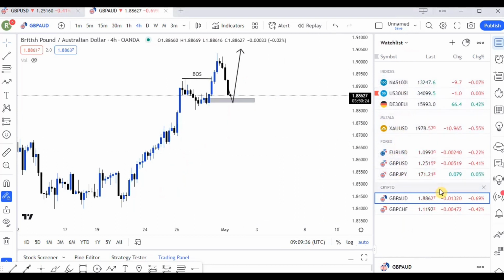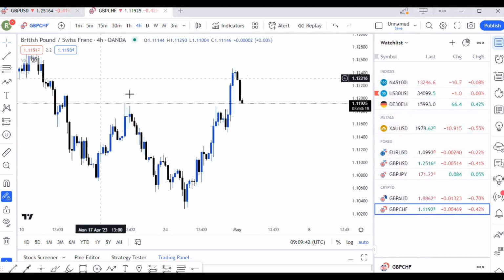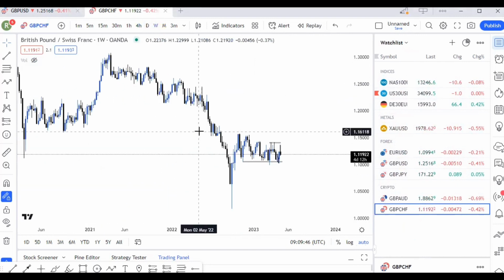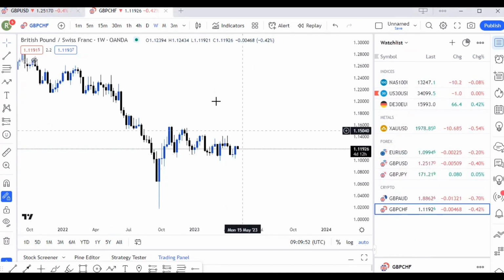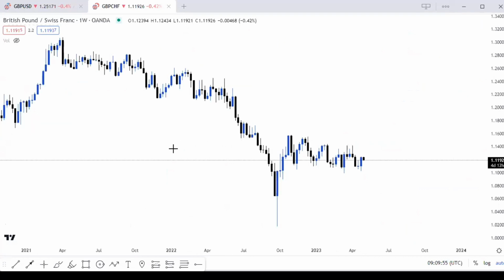First and foremost, we're going to be looking at the GBP/CHF. So let's start from the weekly time frame. I'm just going to go ahead and clear the whole thing so that we look at it all together, because it's going to help me see things clearly. All right, so now looking at the pound,